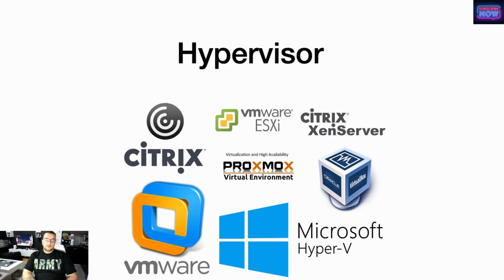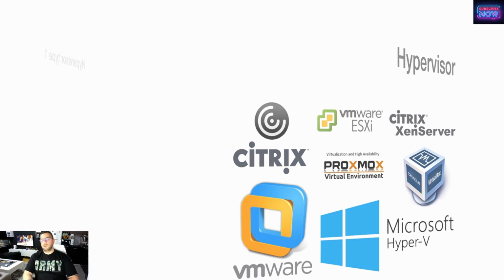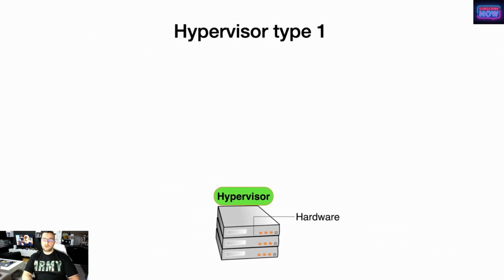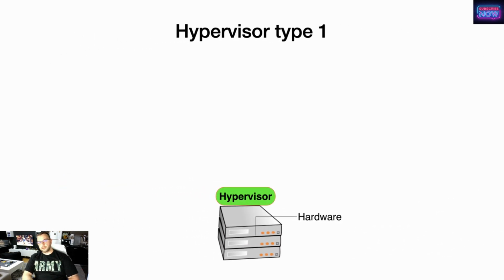To achieve that, we need something that is called a hypervisor. We have two types of hypervisor, hypervisor type 1 and hypervisor type 2. What is it? So let's start with hypervisor type 1. So we have a single machine, hardware, with nothing on it, just bare metal. Then on that machine we are going to install a hypervisor,